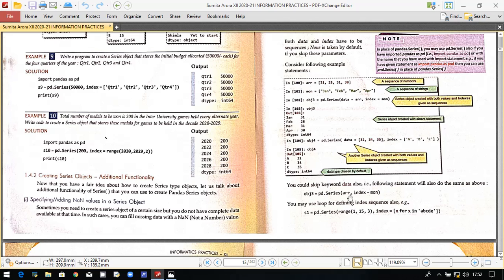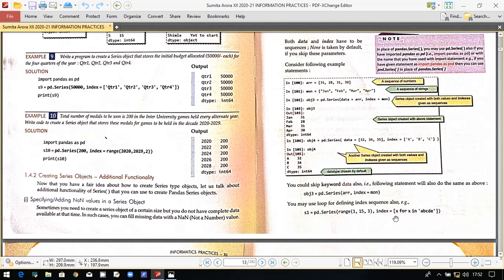Whatever you pass in the series at the first part will be taken as the data part, and after the comma the rest will be taken as the index. Whenever you give the index, it is necessary to write the index attribute, but for the data you can skip the keyword data and write directly the name of the data. Here it was arr, so we directly passed arr, and it produces the same result as before.